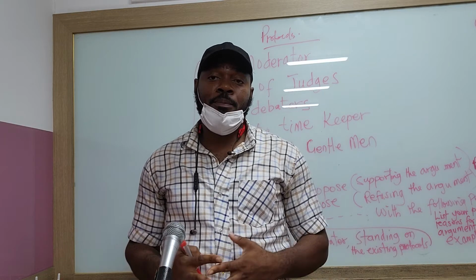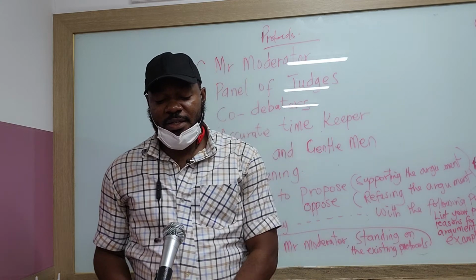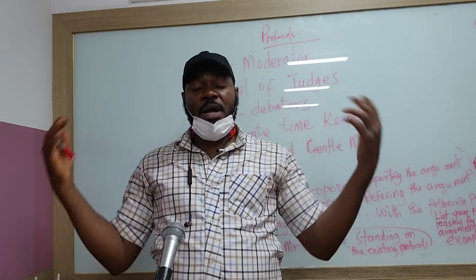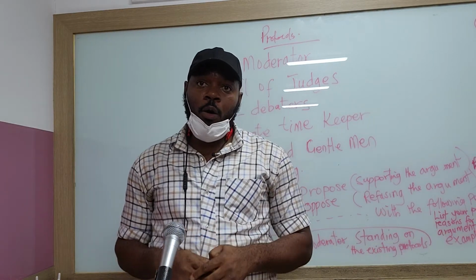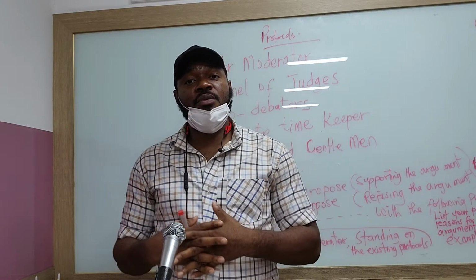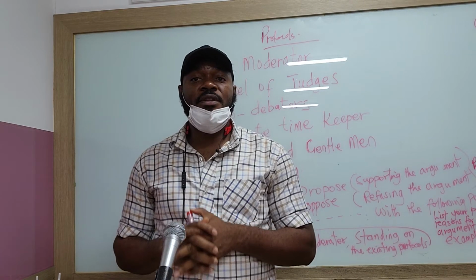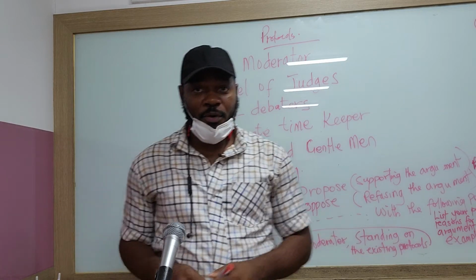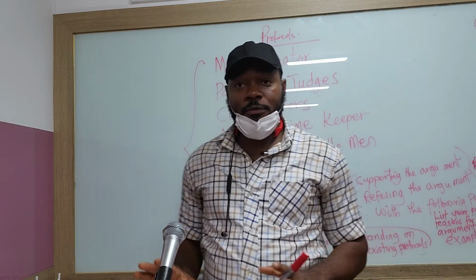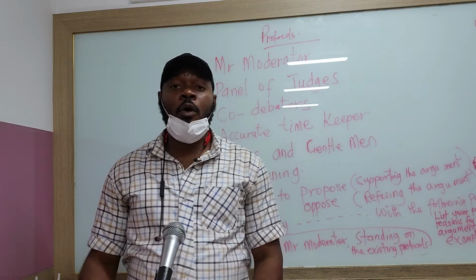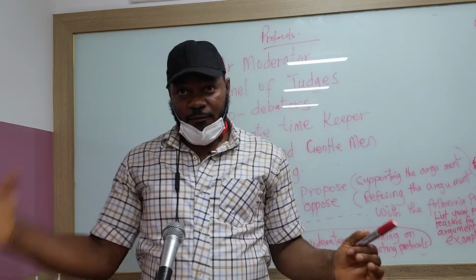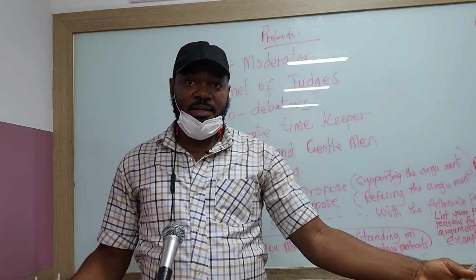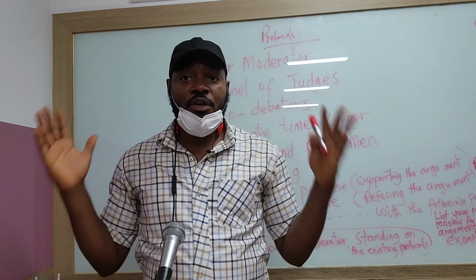I am here to propose the motion which says that students would benefit greatly from learning practical skills at school. Or I'm here to oppose the motion which says students would benefit greatly from learning practical skills at school, with my following point. So that's how to make your presentation. That is for all the first speakers for each side, the proposing side and the opposing side. The first speakers, this is how you make your presentation.